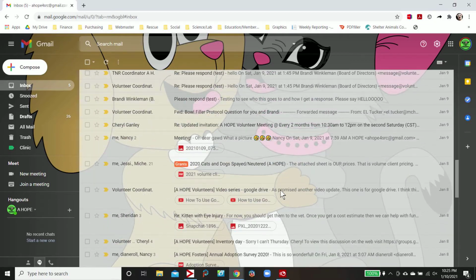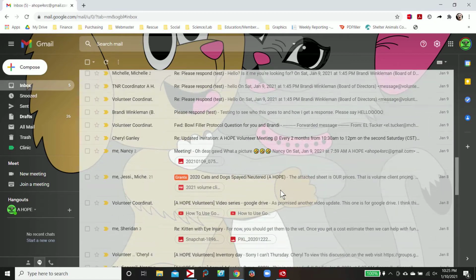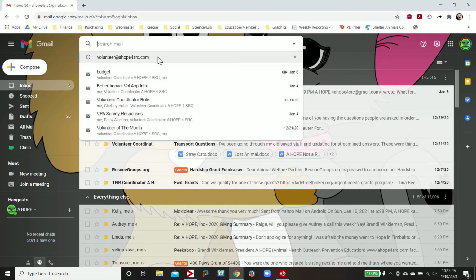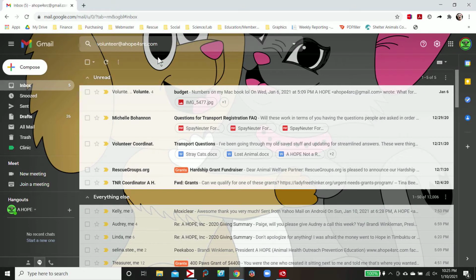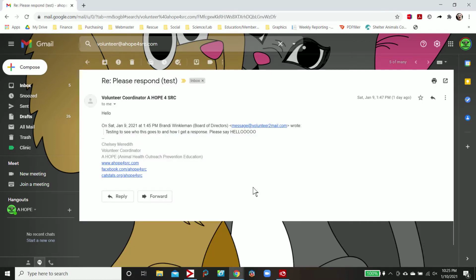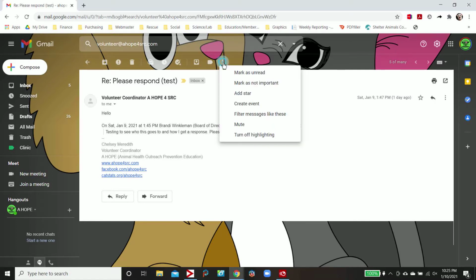But what I'm going to do here is search in my search mail up here for somebody who might email me a lot, like the volunteer coordinator. So put in their email up there, and we're searching for all these emails that are coming through. And I've decided that there is a lot of emails coming through, and I need to filter these emails. So what I can do is go to this little three dots here that says more, and I can go to filter messages like these,